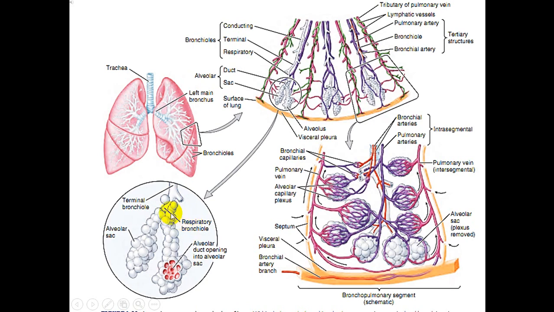And each respiratory bronchiole has many openings of the alveolar ducts, and alveolar ducts are those parts that are studded with alveoli. Here you can observe that at the end of these ducts, some alveoli open up as a clump in sac-like portions, which are called alveolar sacs or saccules. So this whole unit is responsible for exchange between the capillaries and the air.